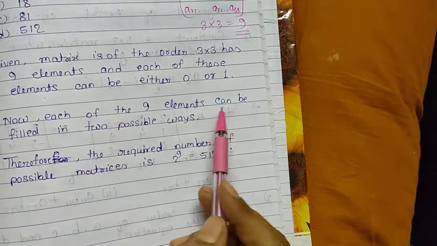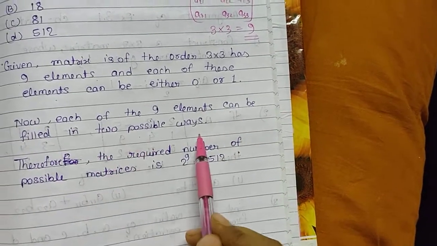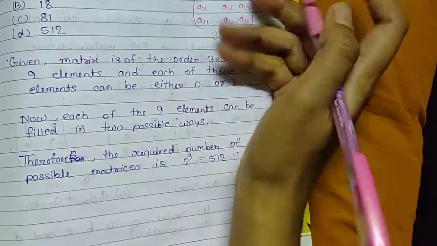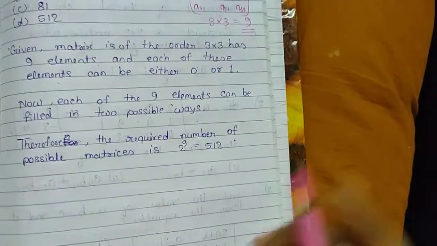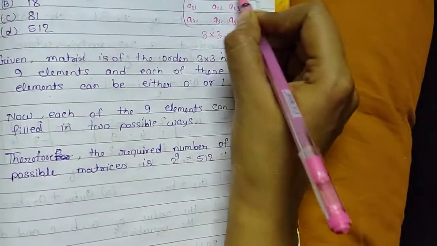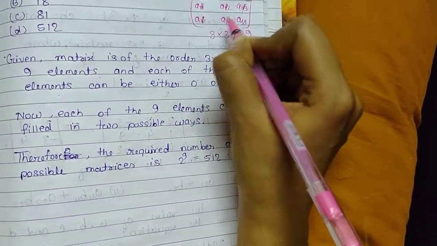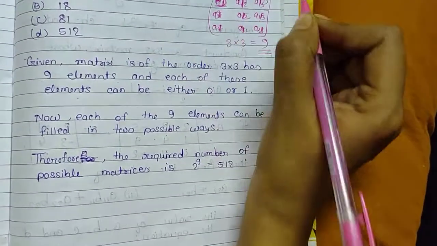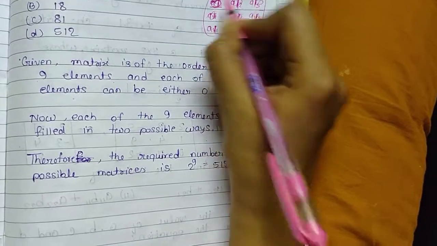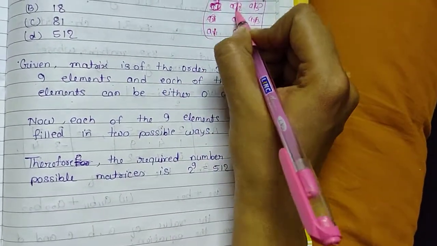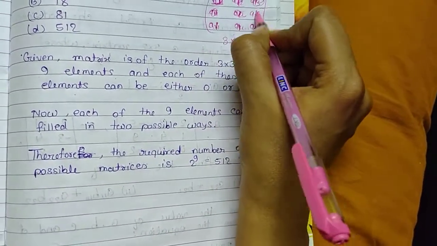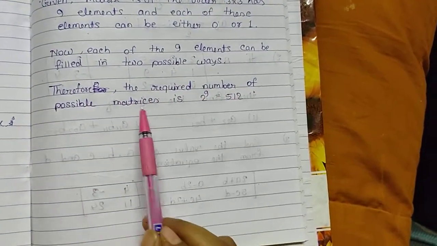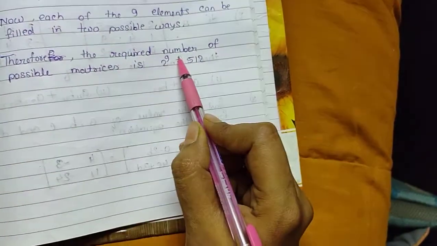Now, each of the 9 elements can be filled in two possible ways, it is 0 or it is 1. Suppose 0, 1, 0, 1, 0, 1. Therefore, the required number of possible matrices is 2 to the power 9, equal to